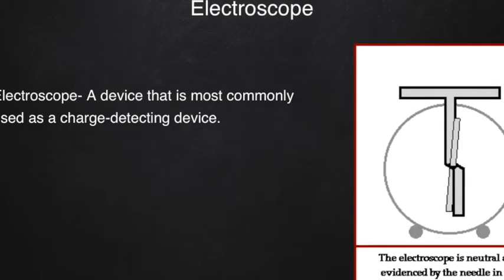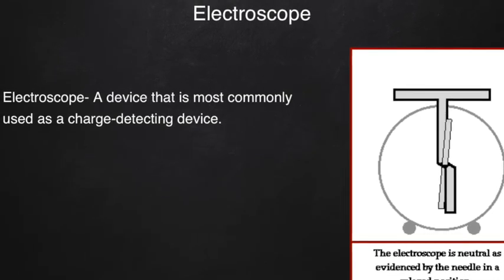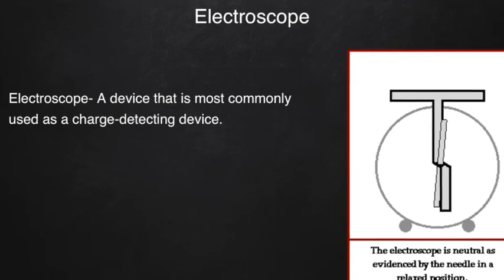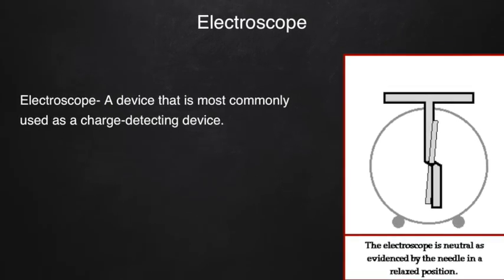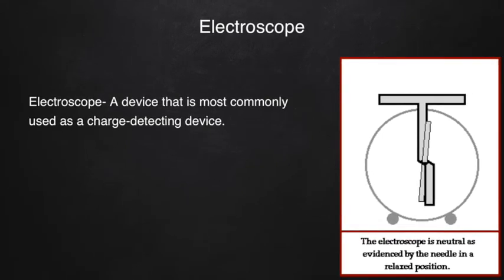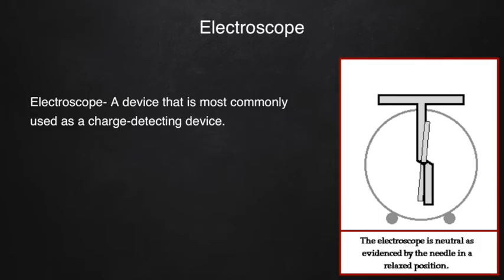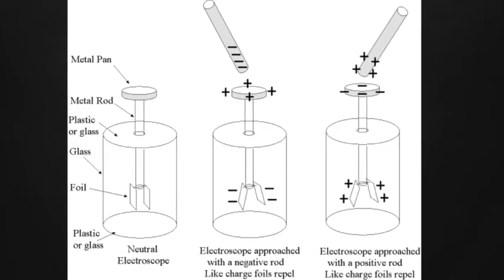So what is an electroscope? An electroscope is a device that is most commonly used as a charge detecting device. In class, we did an extensive lab on the electroscope and how it works, so if you feel the need to review this topic further in detail, we recommend you to either look at your lab packet or access it on the classroom website. In this example, the electroscope is approached by a negatively charged rod, and because like charges